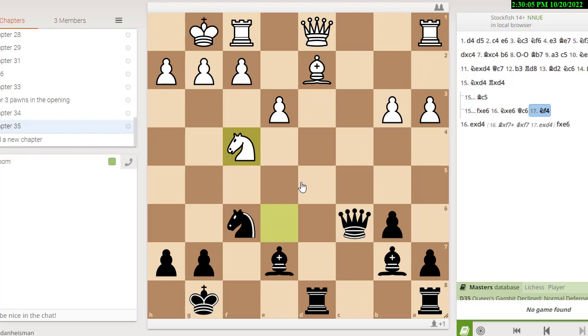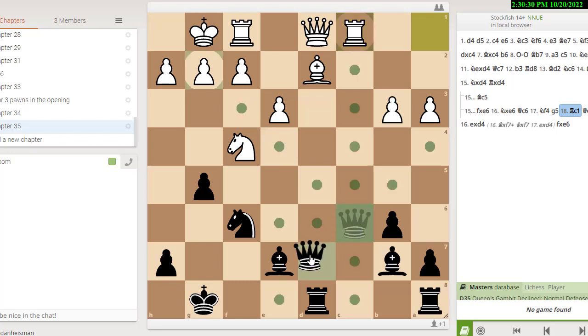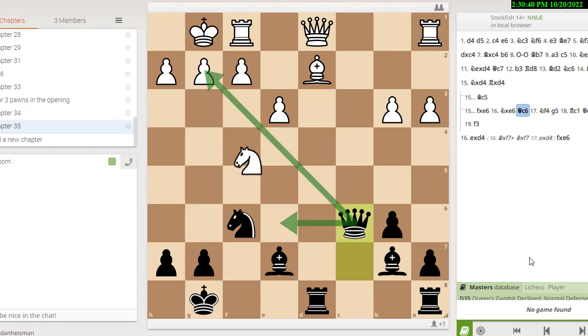But also black has a tactic here. What could black play? Well, black could play something like g5 to remove the guard. And a lot of my students are like, oh no, you can't open up your king, you'll get mated. Well, you're not getting mated here. What you're doing is winning a knight for a pawn. If white moves the rook over and attacks the queen, it can probably not go to e4 because of f3. That's a little awkward, but the queen can go to d7. And now we're hitting the bishop and we're hitting the knight. And one of them's probably got to fall. Okay, so this is going to be completely winning.